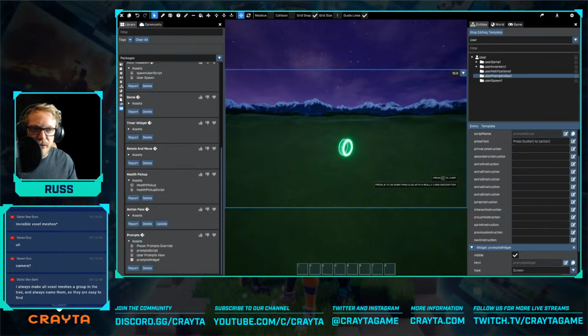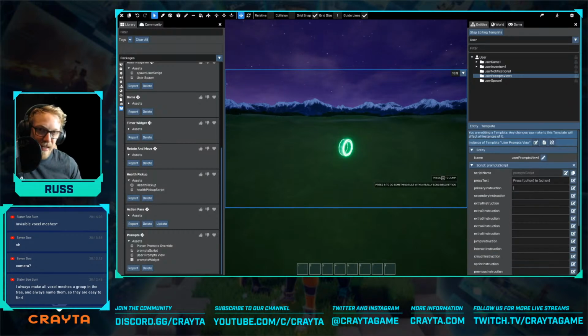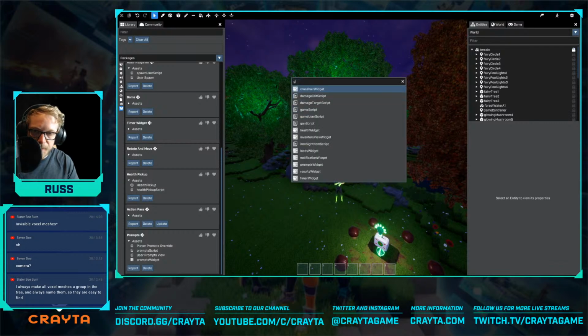So actually we need things to tell the prompts package, or the prompt script, that given the circumstances the player is in right now, this is what is going to happen. And the way we do that, and again, this is an example of how the stock packages are already set up to communicate with each other, is if I open the gun script,